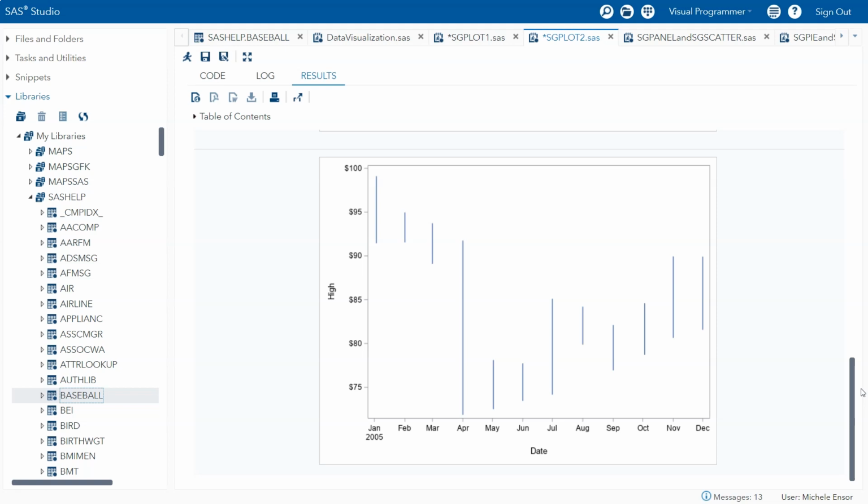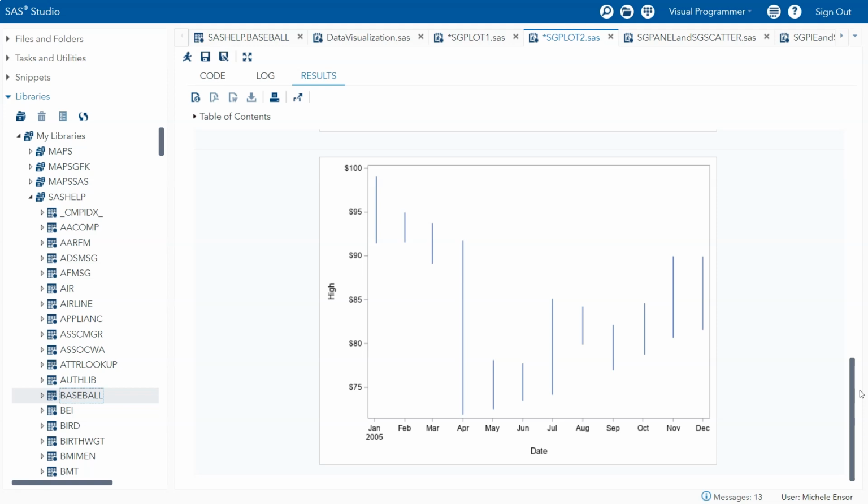At this point, I've shown you numerous different plot statements that you can use with PROC SGPLOT. This is just some of them. It is by no means all of the different plot types. What I wanted to show you is how simple it is to get a graph created. Just add that one plot statement between the proc and the run.